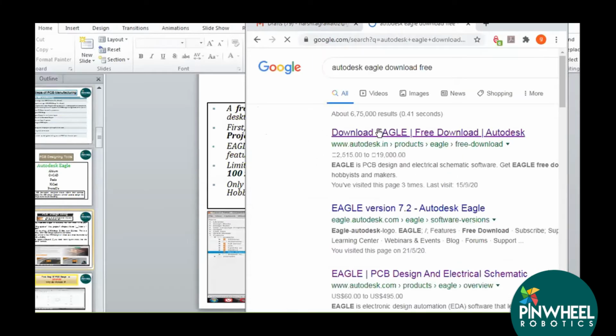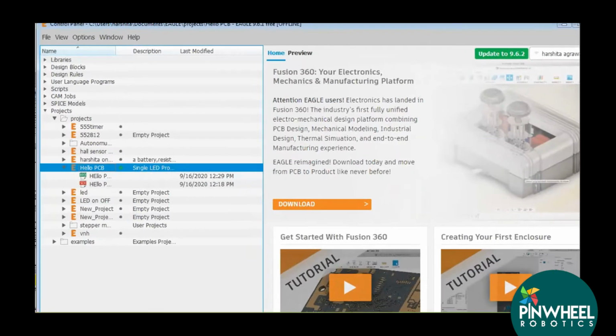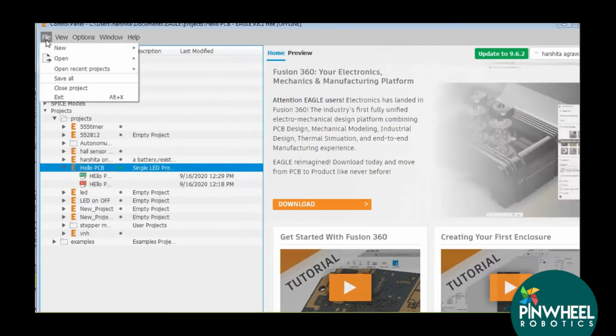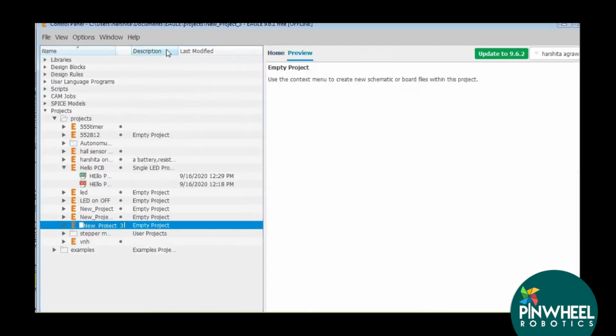So from here you can download this Eagle, and now this window opens. For example, I want to create a new project, and I will go to New Project. For example, my project name is Hello PCB.